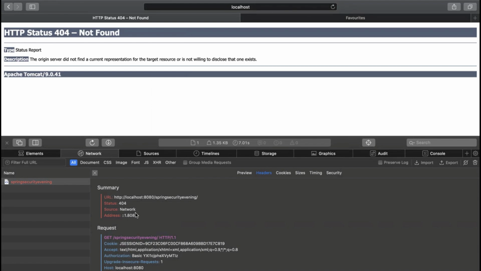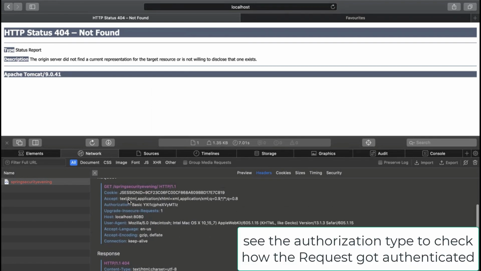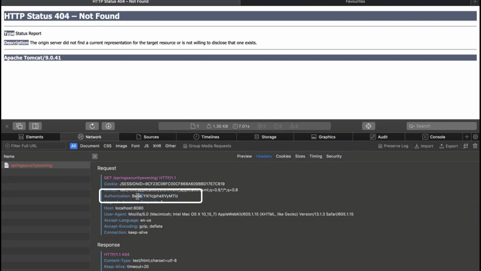But anyhow, we have logged in, right? And if we go here, you can see the authorization. Now what kind of authorization have we done? Are you guys seeing this? Is it visible? Yes. So now you can see the authorization has been done, and the user has done a basic authorization